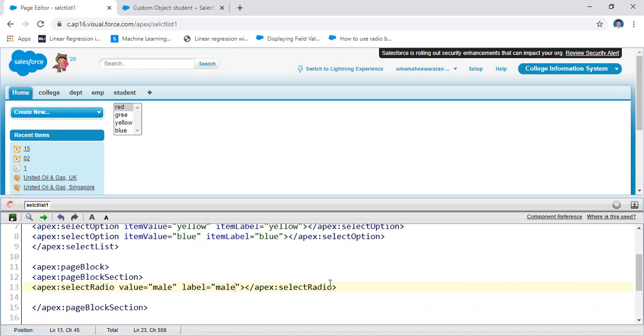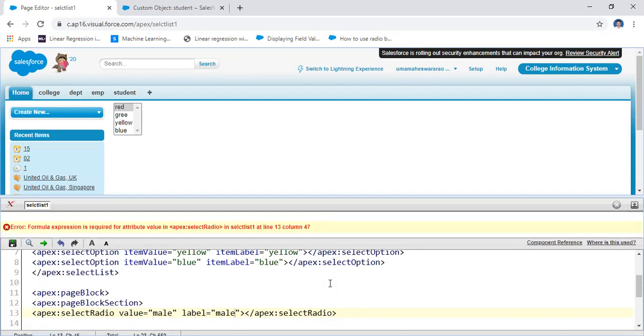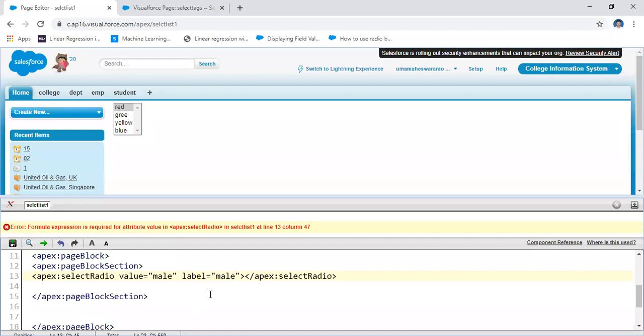For example, if you execute this one, that means apex radio select list, the formula expression is required. Yeah, I'm not writing here.